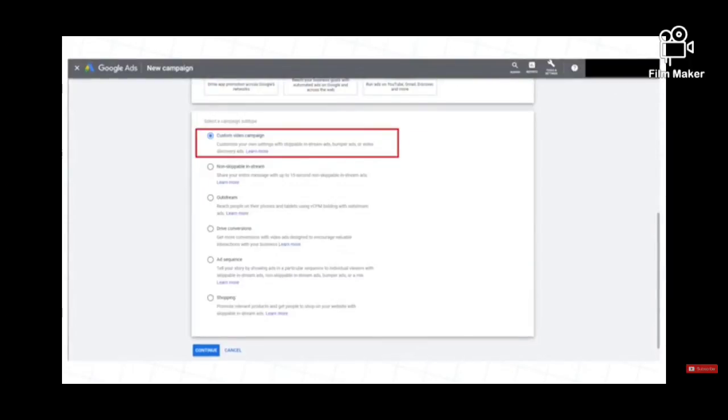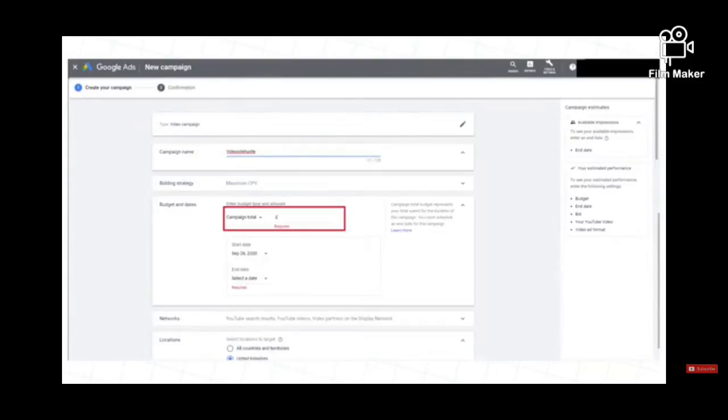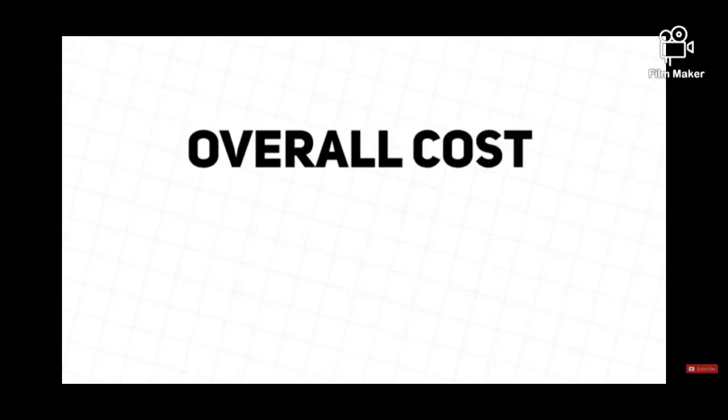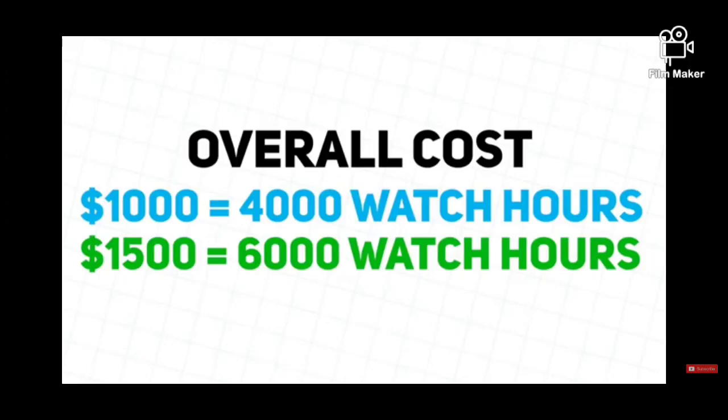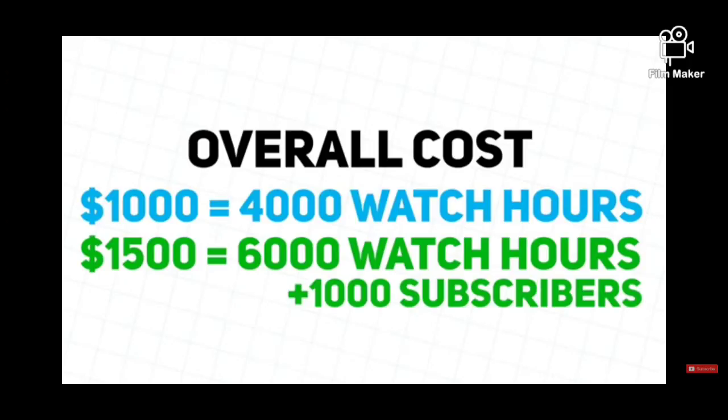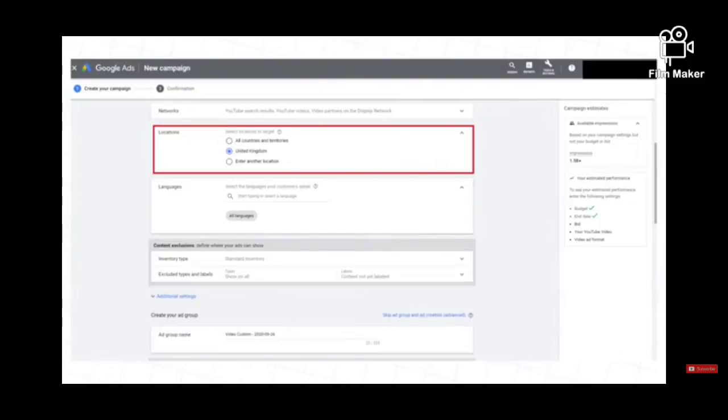Now what you need to do is name your campaign. Set the amount to how much you are willing to spend. If you want to hit 4,000 watch hours and 1,000 subscribers, the prices are dependent on your niche. Some niches are more expensive than others. Overall, it cost us $1,000 to get 4,000 watch hours, and around $1,500 to get 6,000 watch hours and 1,000 subscribers. Now, this price may seem quite high, but it can actually be a pretty good investment because it